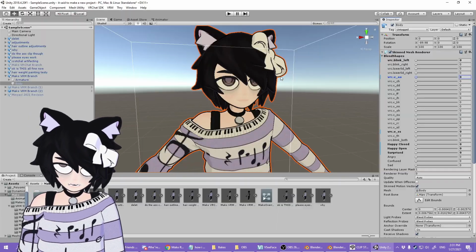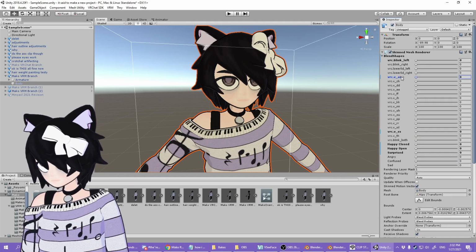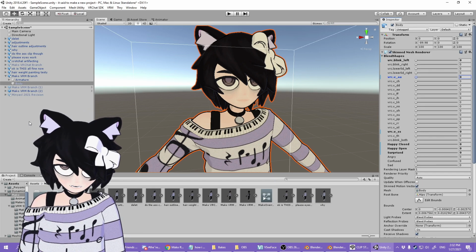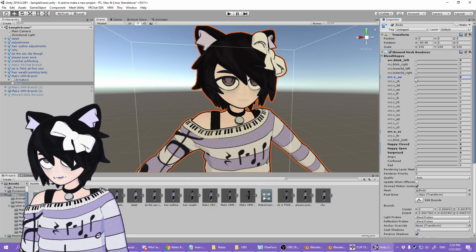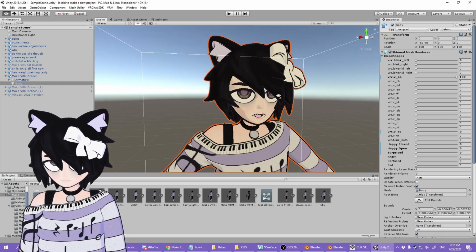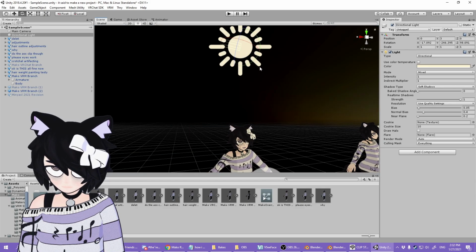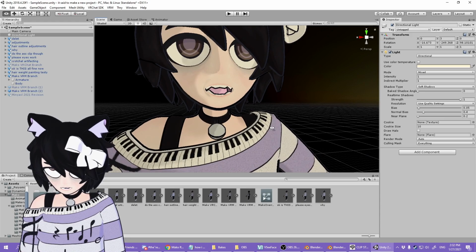If we head on over to Unity, I will of course go over all of this stuff in a later part. We can actually see the difference immediately. There's this import setting where if you leave it off, things don't work right. Look what happens when I activate a blend shape and I open my mouth. See those shadows? Let me change the position of the light. Yeah. See, that looks ugly as hell.